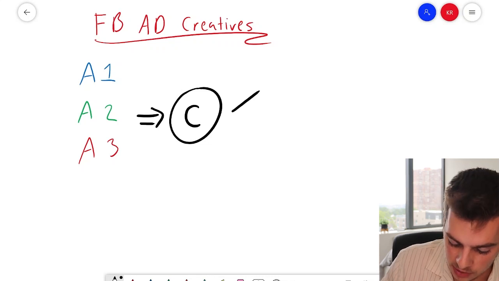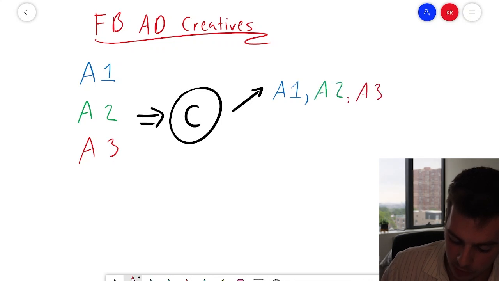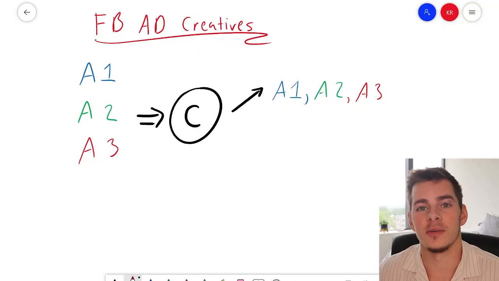So our audience is going to look something like this: audience 1 stacked with audience 2 stacked with audience 3. Depending on your best performing countries, ages, genders, etc., you can confine those things a little bit, but you want to stack what is notoriously doing well and performing best for you, giving Facebook a very broad but still relevant and high performing audience to be able to allocate your spend towards whatever creatives it would